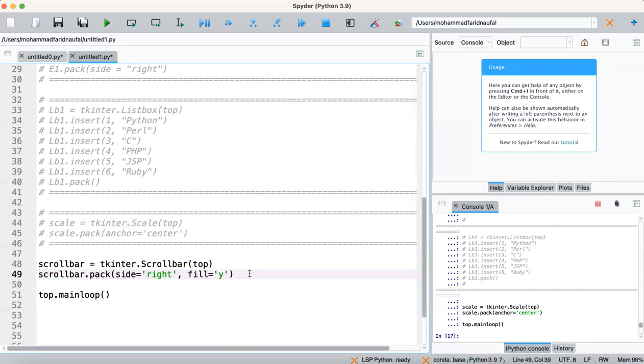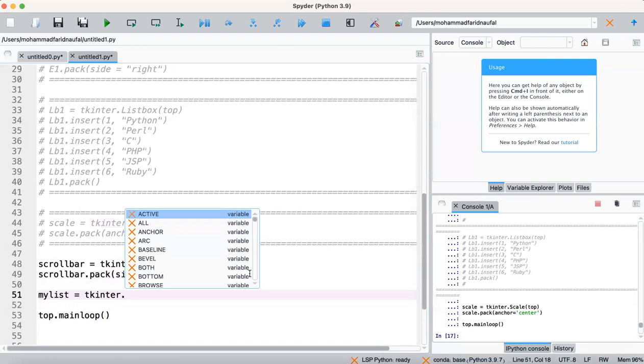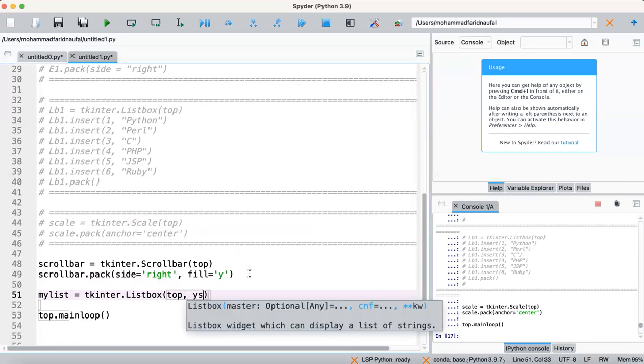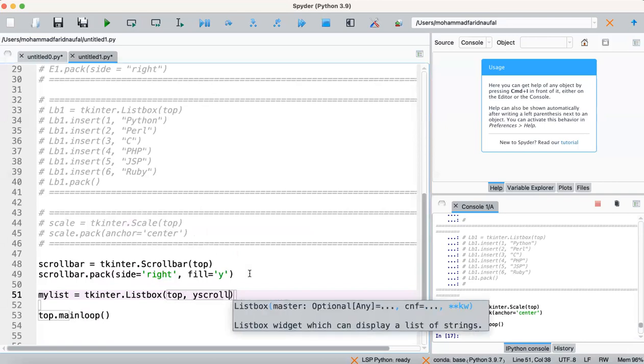Okay, and then we create a list here, my list equal tkinter dot Listbox. We put it into the top main form. Then we add the y scroll command.